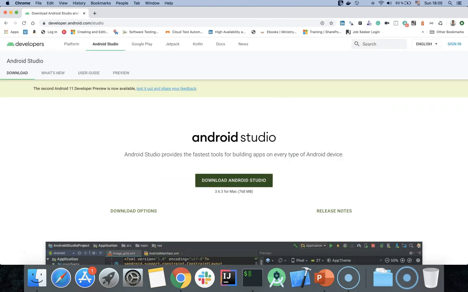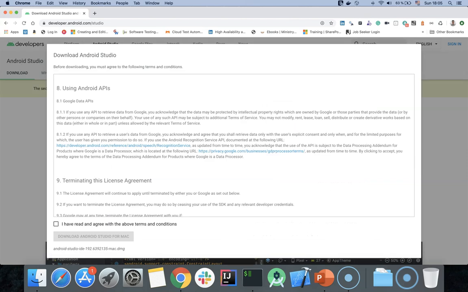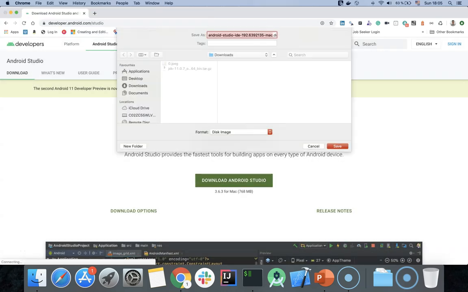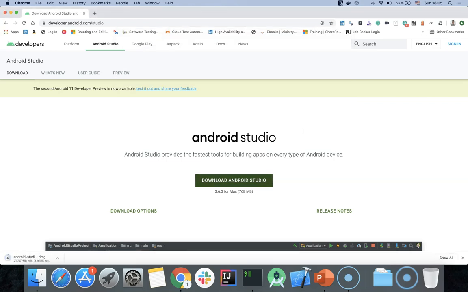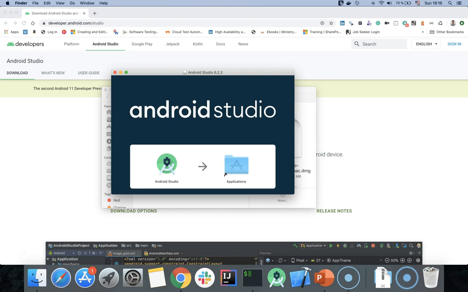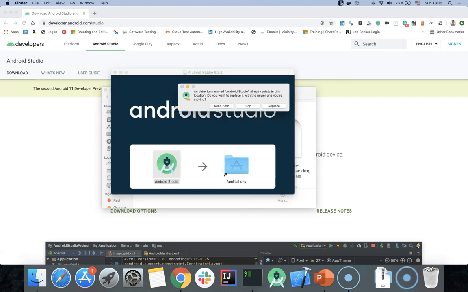We will find the link to download Android Studio, the latest version, for your operating system. Then follow the instructions to download and install Android Studio by accepting the agreement. After the file download is finished, double-click on the DMG file and drag and drop the Android Studio icon in